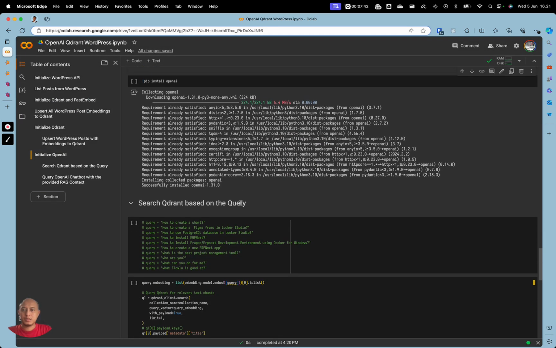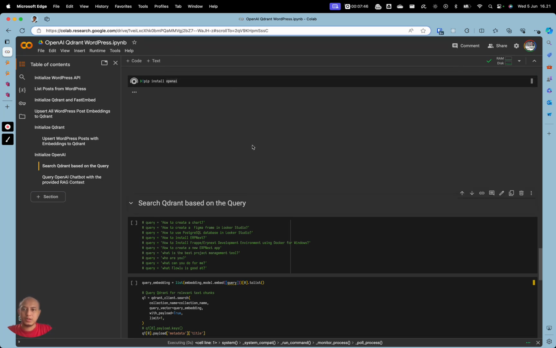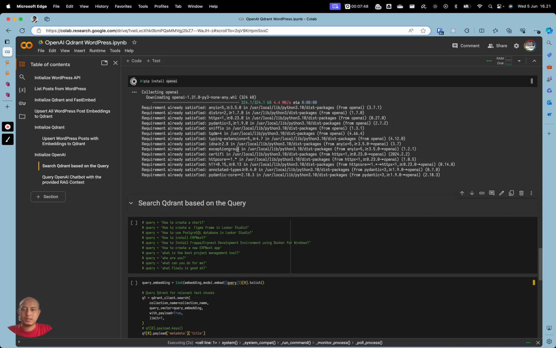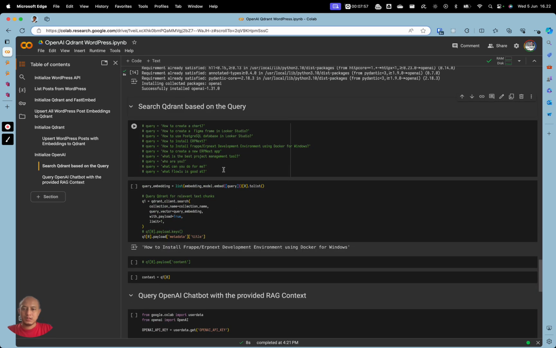So next we will need to use OpenAI. So we'll install the OpenAI client. Okay, and then we will search Qdrant based on the user query.